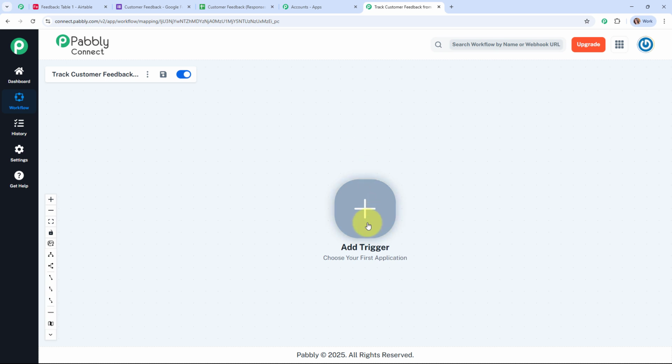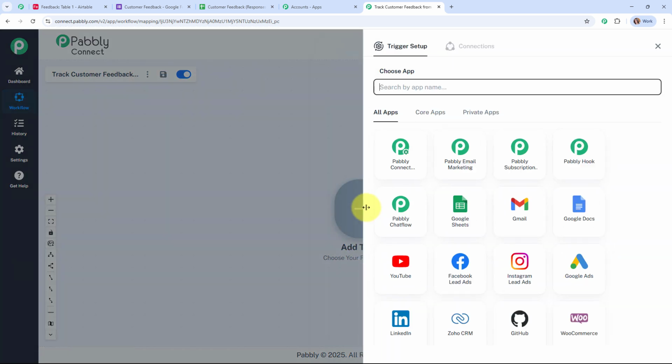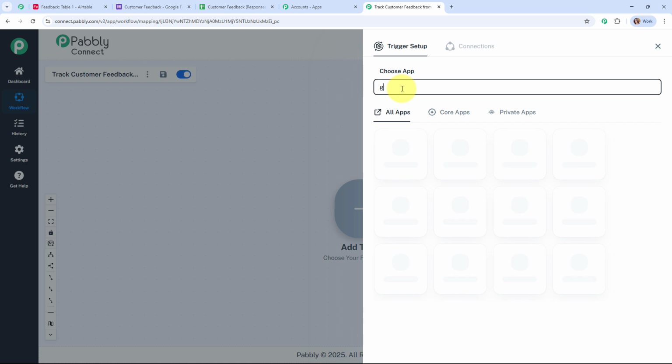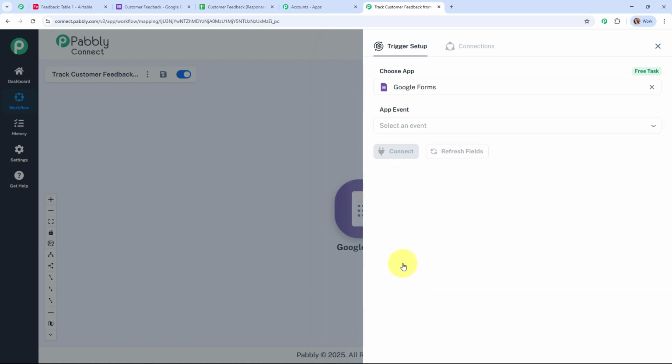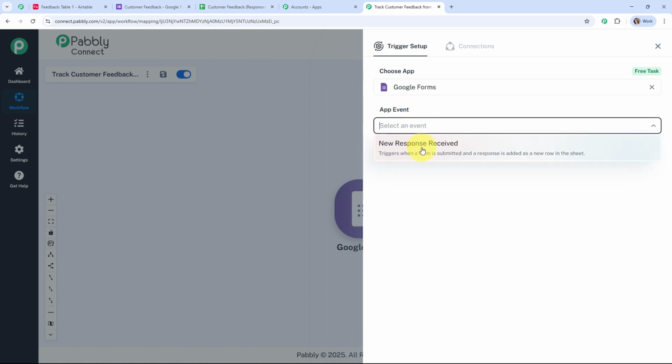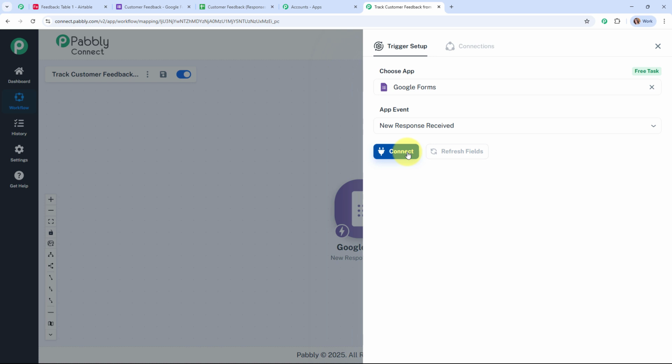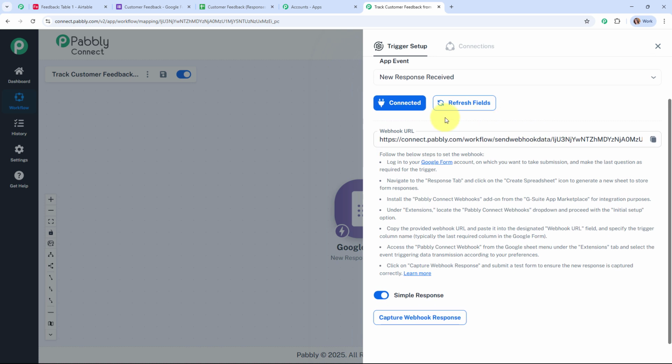So here we are going to set up the trigger first by clicking on this add trigger button, and here I'm going to select my trigger application as Google Forms, as I'm receiving new feedback forms through Google Forms. So here it is asking me to select the app event, so I'm going to select the event as new response received, and then we are going to click on this connect,